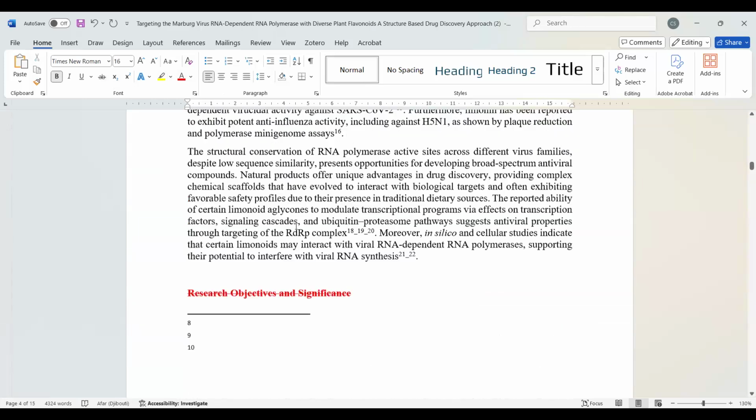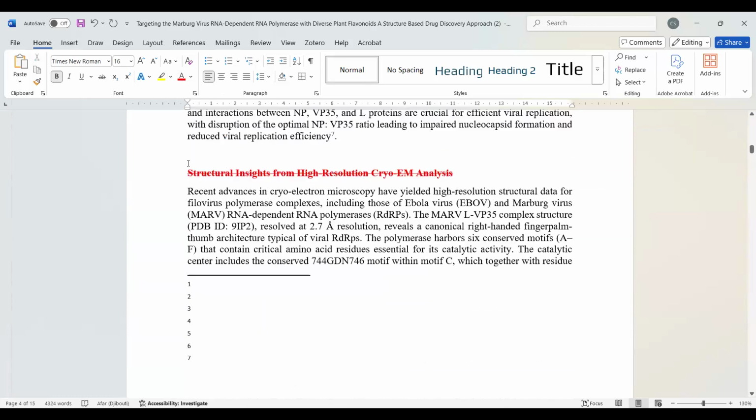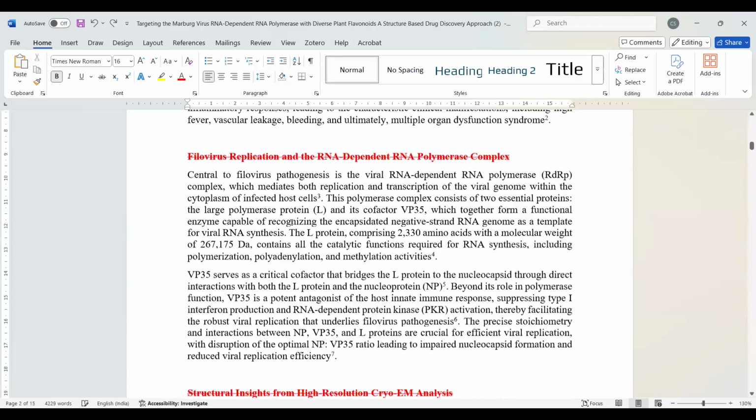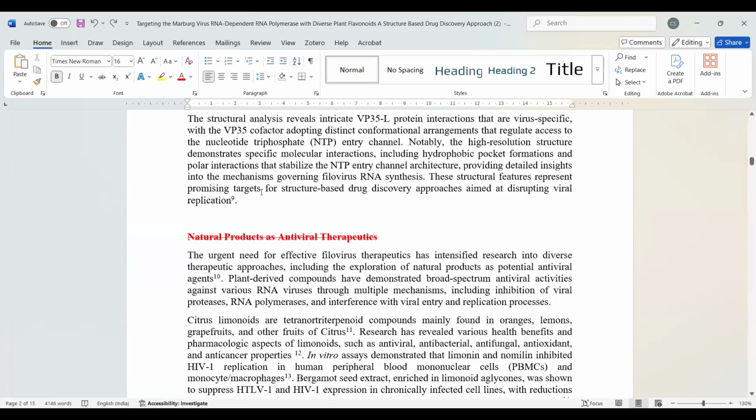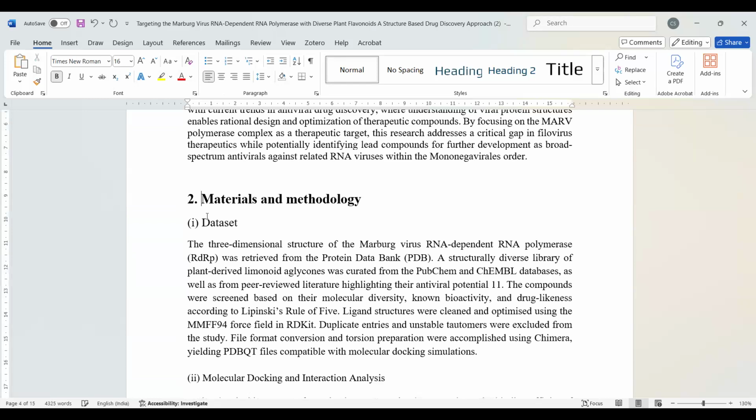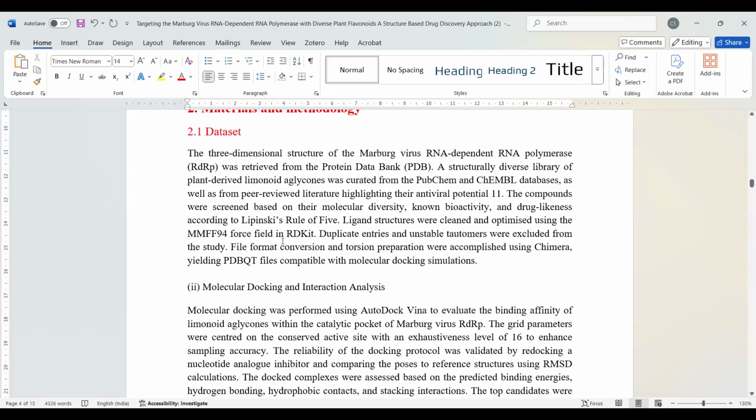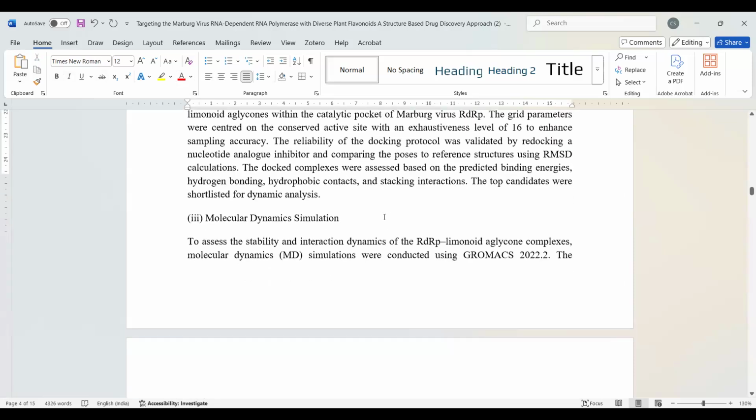And there is another way of doing it. If you are giving 1 to the introduction, it should be 2.1. There is no 1.1, whereas here we should make it 2.1. These are small things. In the same way you can edit this, and do the same for the results and discussions too. Here 3D should be there.